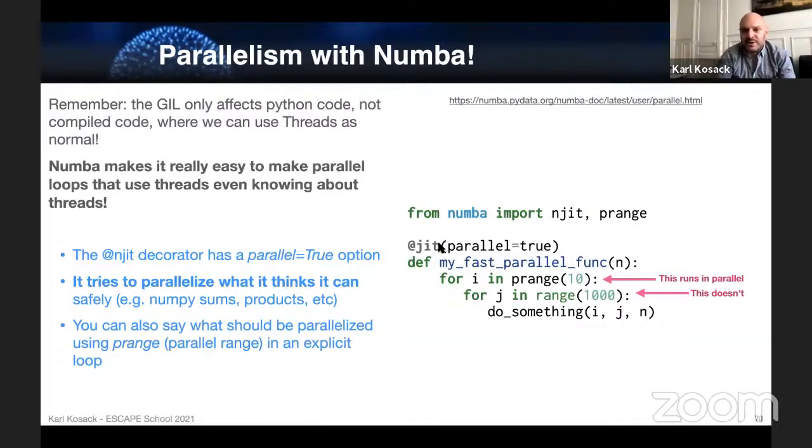So here's an example. You just turn on parallel=True. You have some function that has for i in prange(10), for j in range(1000), do something with i, j. That says these can be done in parallel, so this whole inner step can be separated and run independently on threads, and I'm okay with that. You have to be very careful with this though. This other part will probably not get parallelized in threads, unless when it does its optimization step it says, oh, I can also parallelize this, and it'll do it for you automatically. So this allows you to tell it where you should divide the problem up into sub-pieces.